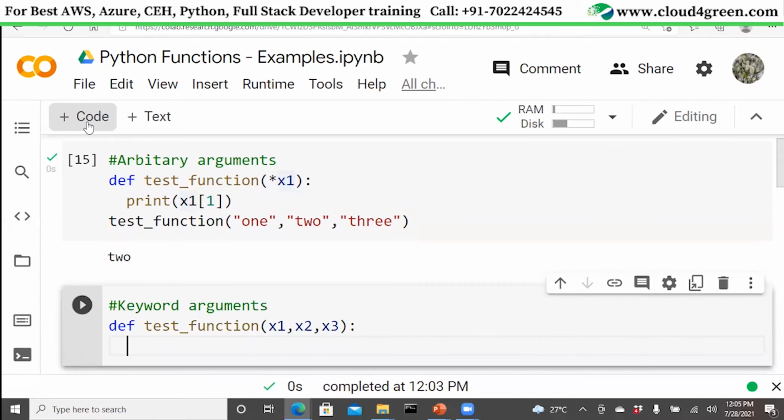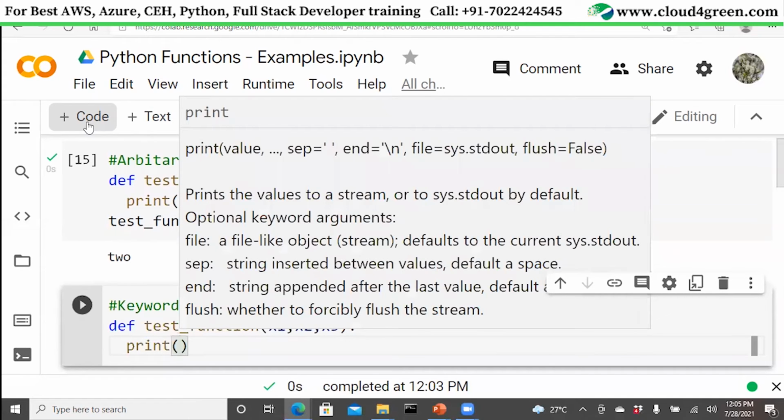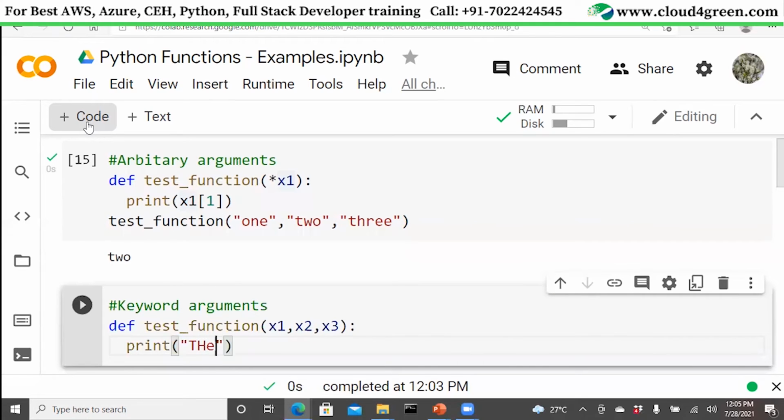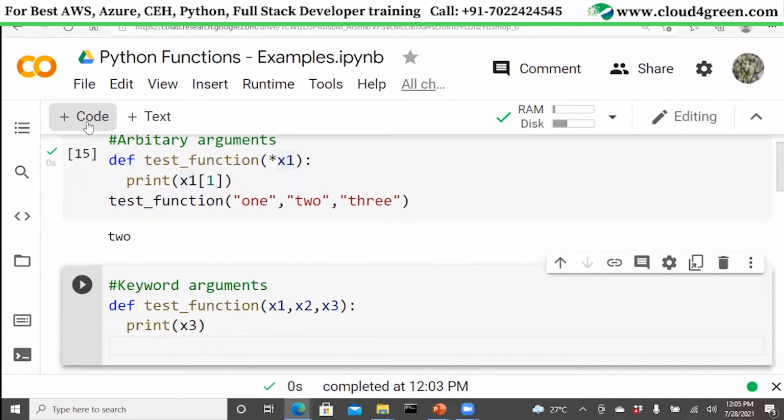Now I'm going to print any value, let's say x3. I'm going to print the value of x3, fine.